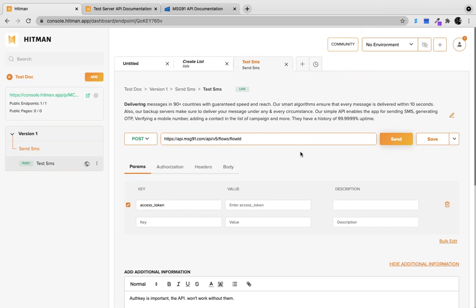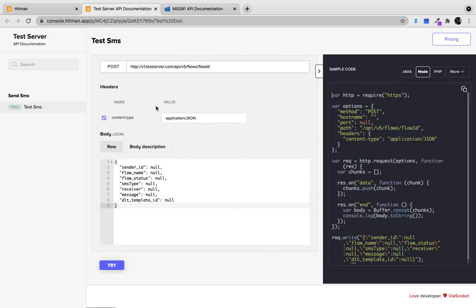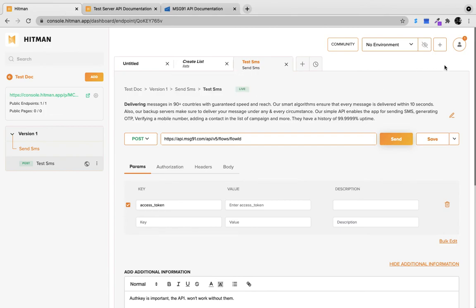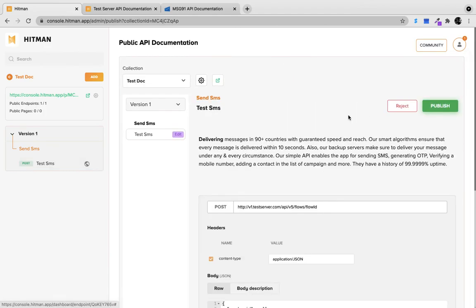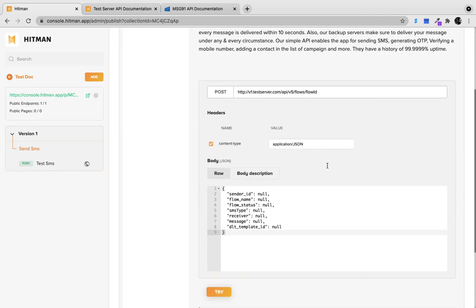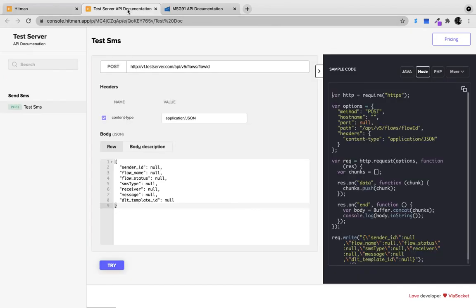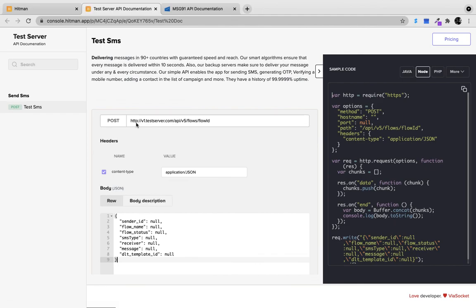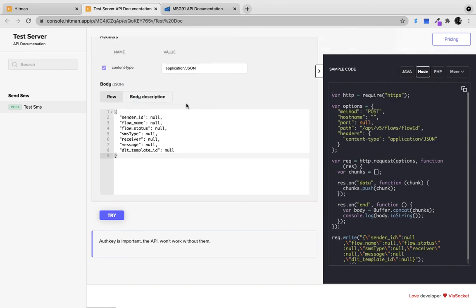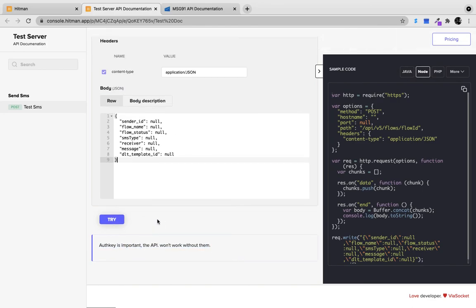Save. Now, these changes won't directly go live on your API documentation because, as I said, you will be administrating the changes. As you can see, here is an edit requested. Okay, I'll publish this. Now, the description I added has been shown here, and the note which was added is given here in the documentation.